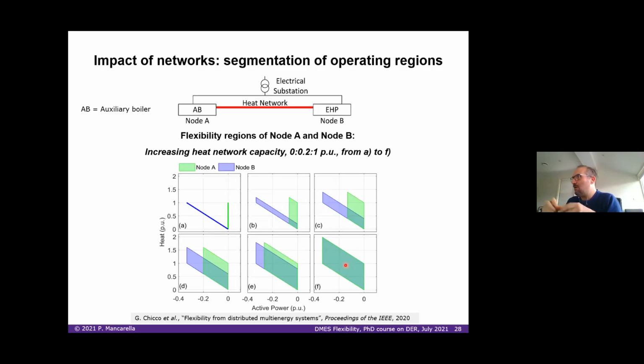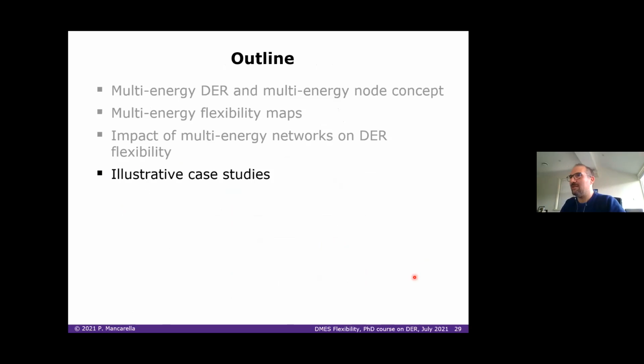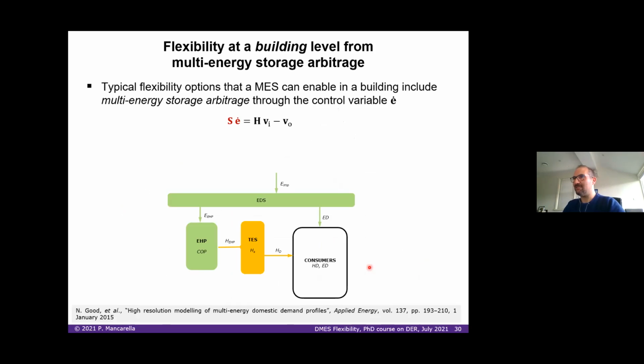and I can, of course, from a cost perspective, try to optimize my system to operate under the conditions that are most convenient, effectively, for the system. So again, decoupled nodes, there is no flexibility, and then in here, the fully coupled, there is full flexibility that is available. In terms of examples, there are several examples, and actually we will see this in great detail in